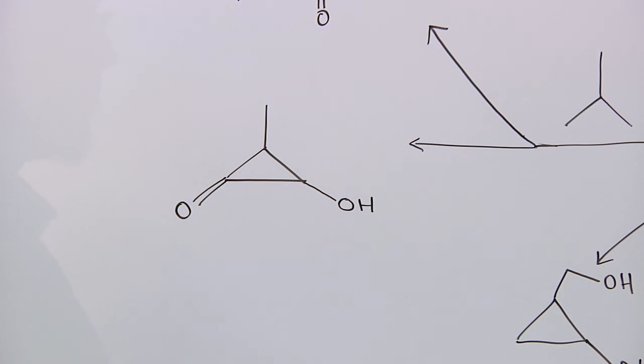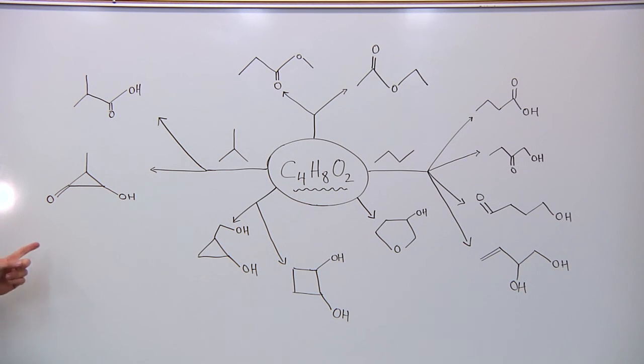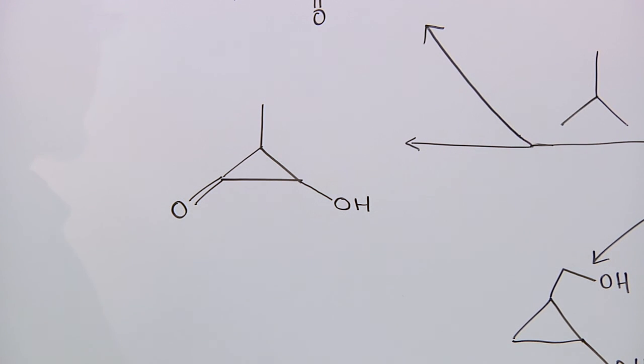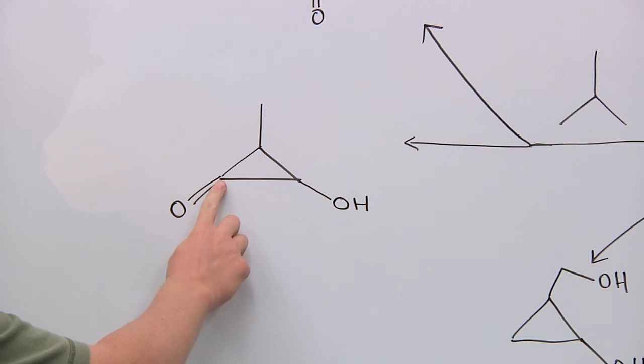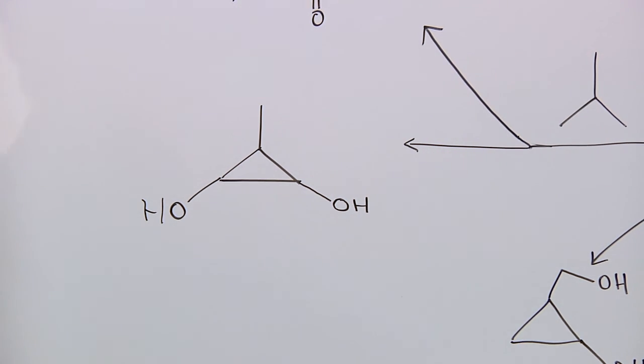What's wrong with this molecule? Now remember from our IHD that we have to have either a double bond or a ring. In this case, we have both, which means that this is not a correct structure for the formula that we drew. In order to correct this structure, we could do one of two things. Either we could erase this double bond and put a hydrogen in, or we could have gotten rid of the cyclic structure.